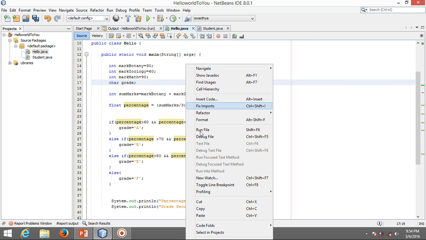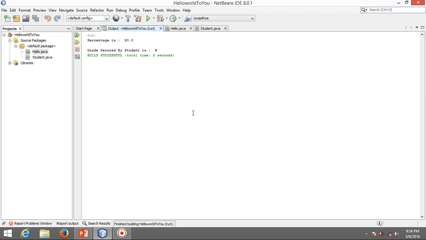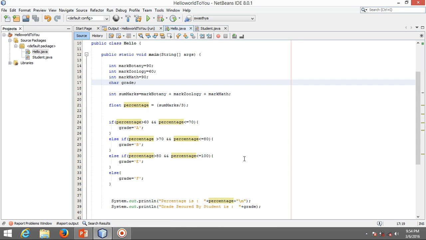Now let's see what is the grade I am getting. Okay, we are running. Here you can see we are getting grade B because the condition is if the percentage is greater than 70 and less than or equal to 80, then our grade is B.